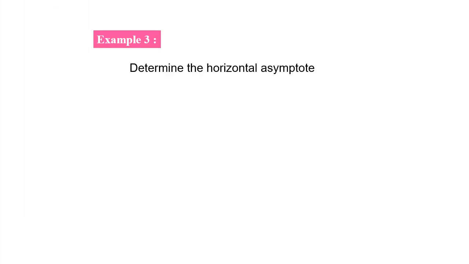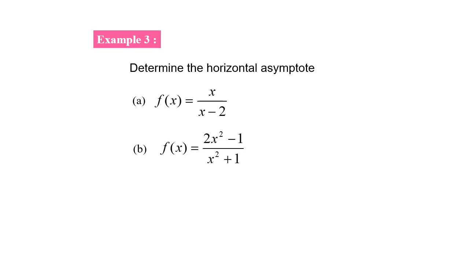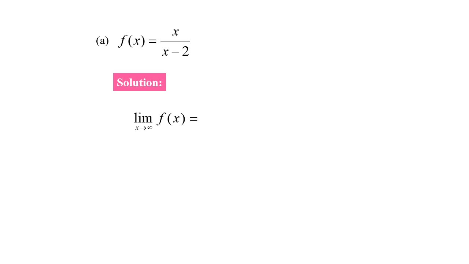Let's do some examples for horizontal asymptote. Determine the horizontal asymptote for these two functions, a and b. For question A, f(x) equals x over x minus 2. What we want to find is the horizontal asymptote, which means we just have to find the limits at infinity. So the limit of f(x) as x approaches positive infinity equals the limit of x over x minus 2 as x approaches infinity. If we just substitute infinity, what we get is infinity